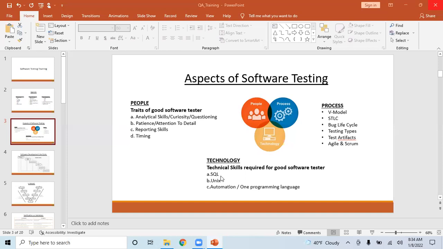These are some of the easy topics. We need not spend a lot of time on this. But yes, I will guide you on how to do SQL and Unix. We have in-depth sessions on one programming language and one automation. Before you start these sessions, I will send you some prerequisites, which are good to prepare.